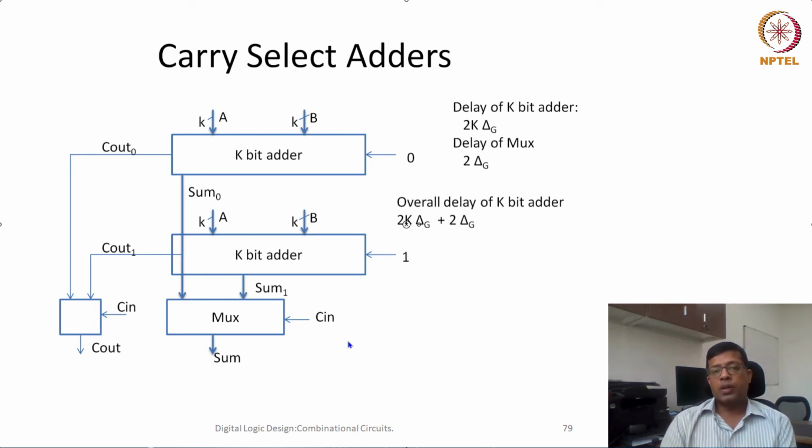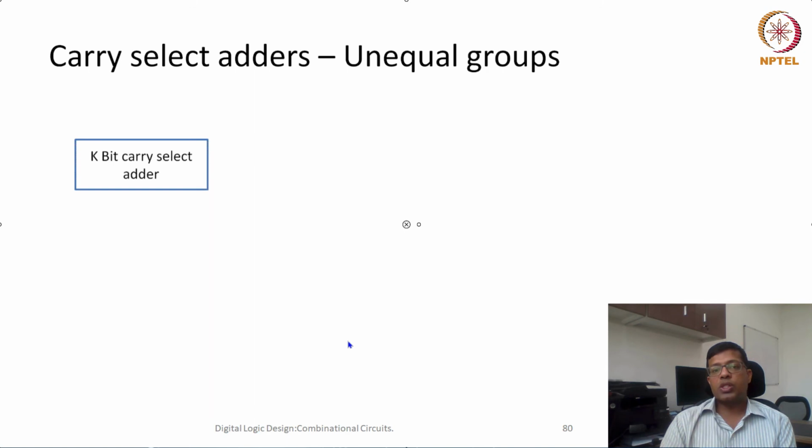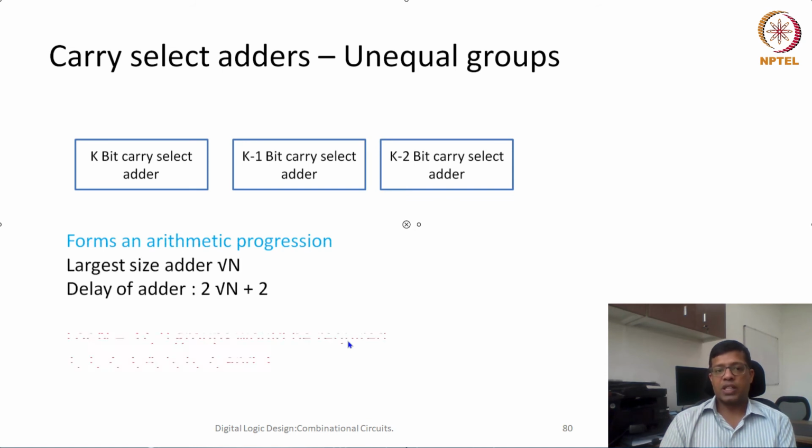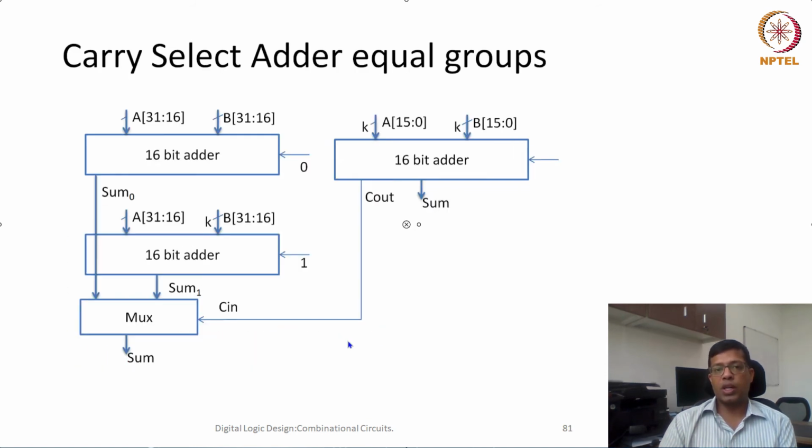Okay, so this was using unequal groups, but with equal groups also this particular algorithm is equally effective. Let's quickly see how an equal groups carry select adder can be created. So let's say we create two